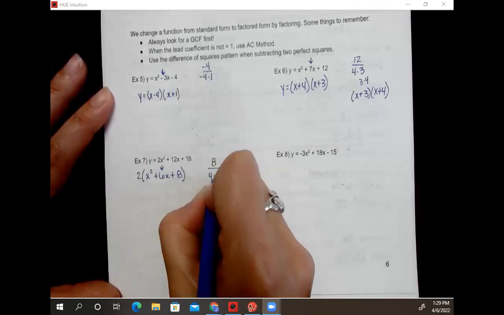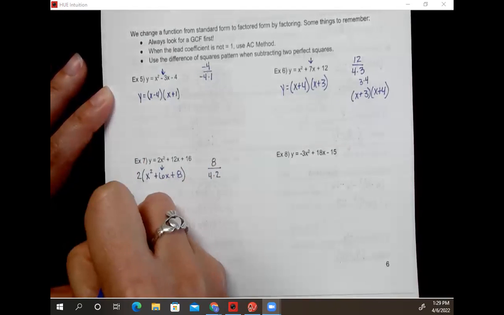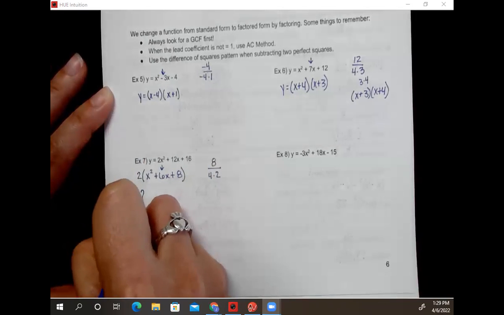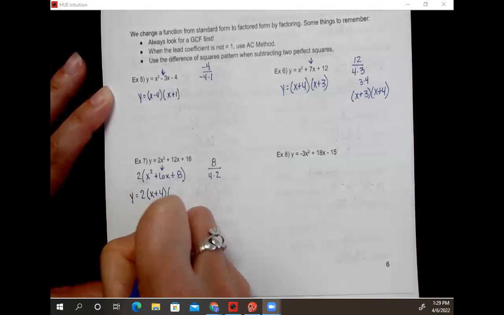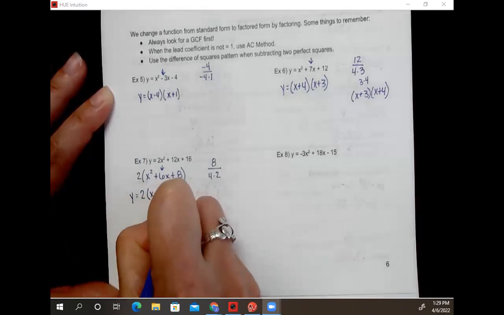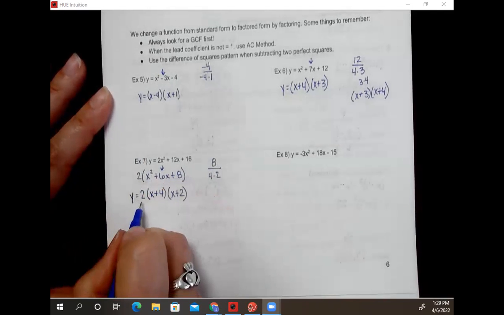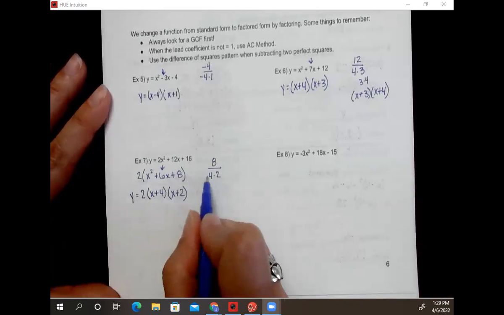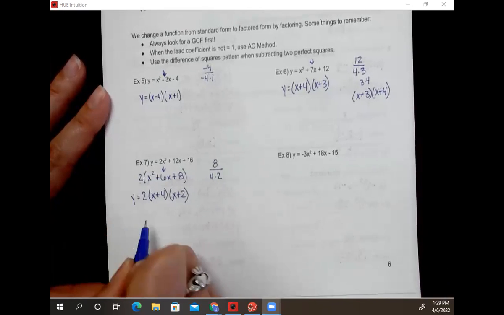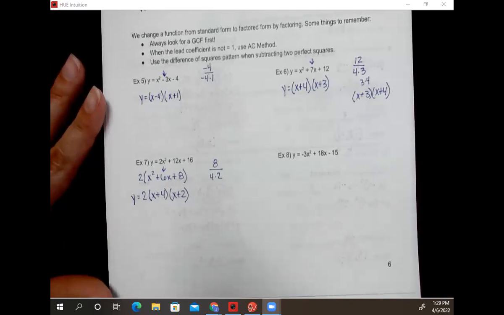4 times 2. So my factored form would be y equals 2 times x plus 4 times x plus 2. Don't forget your GCF when we're writing factored form. I know that's a mistake I make all the time. You just are knocking through your factoring problem and you get your values that you need here, you jot them down, and you completely forget about that GCF. So just be on the lookout for